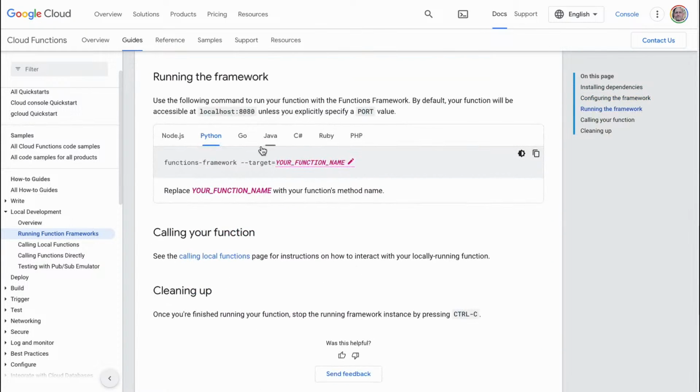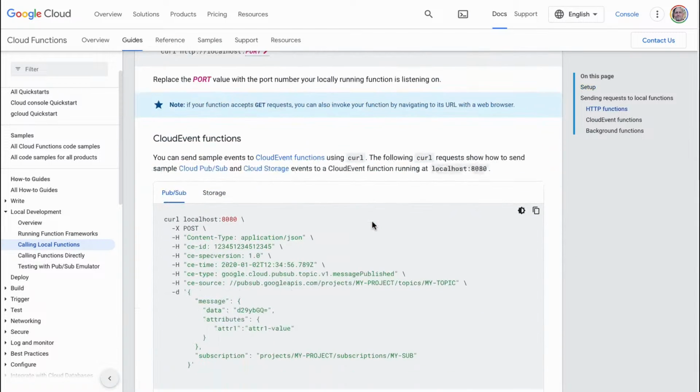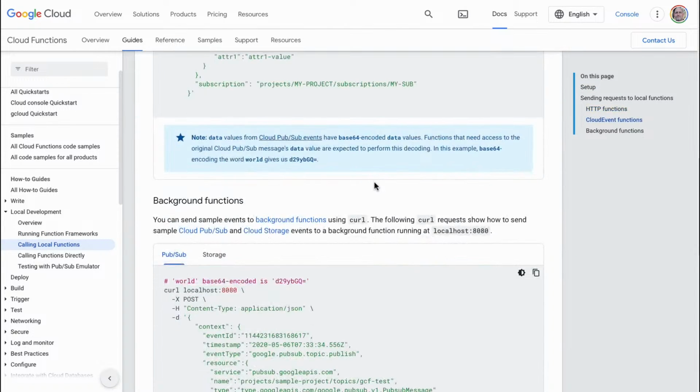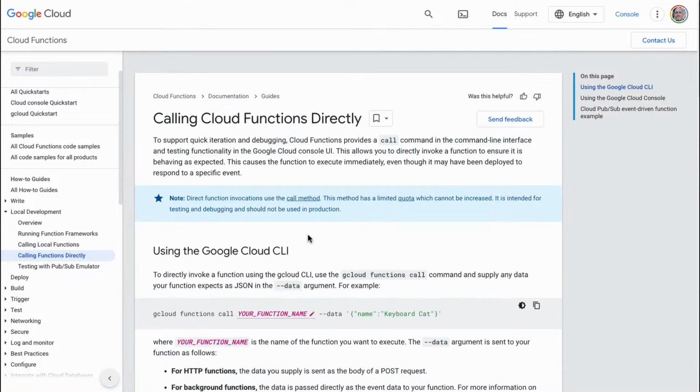So it says, replace this with your function's name. So functions framework dash dash target with your function's name. Calling the local function. So calling the function directly.